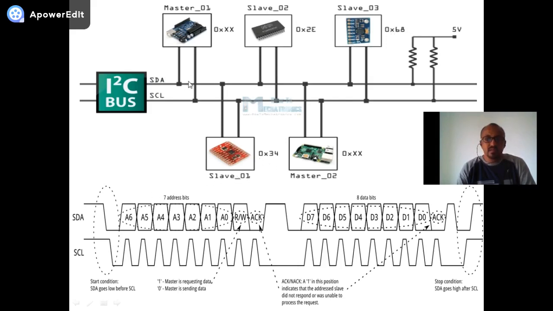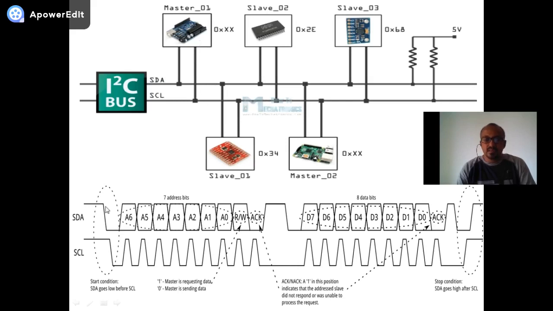So, the master will initiate the communication on the SDA line. When the master wants to read or write data on this memory, the master will bring the line down. Look at the timing diagram here, where I am pointing the cursor. The SDA line is brought to low; it is always high before. When it is brought to low, the slaves come to know that the master wants to communicate,